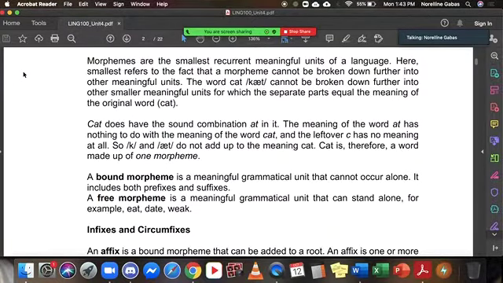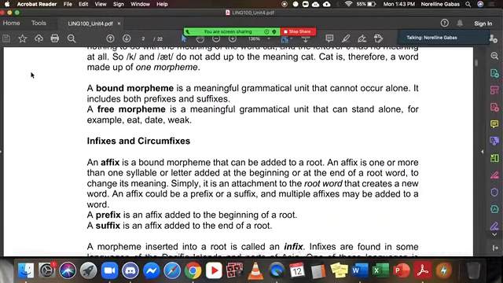Free morpheme. This is a meaningful grammatical unit that can stand alone. Say for example, eat, date, week. And then, you can add to it, but it can stand by itself and already has meaning. Okay? Next is